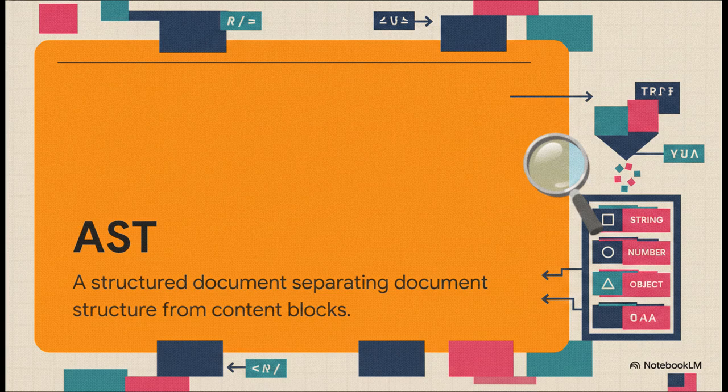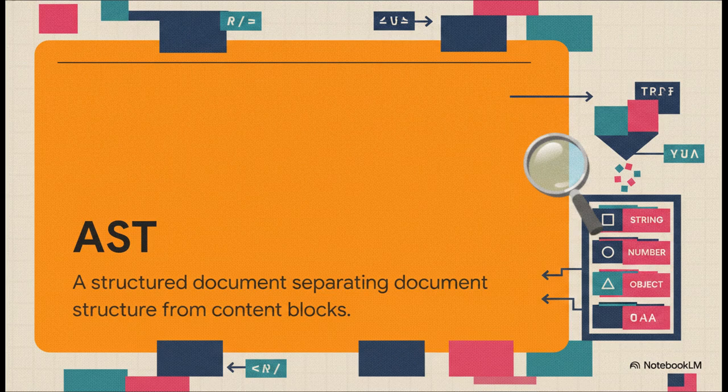Enter the hero of our story, the Structured Abstract Syntax Tree, or AST. To fix their parser, the author replaced that messy flat list with a strongly typed structure. The beauty of an AST is that it clearly separates the overarching document structure from the actual content blocks. So instead of that single mixed junk drawer, every piece of data now has a specific, perfectly labeled filing cabinet